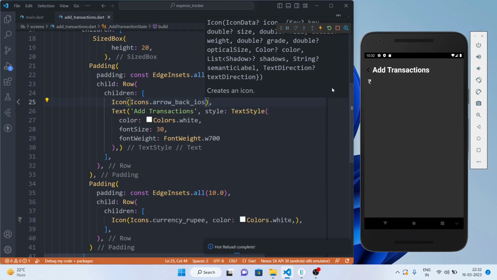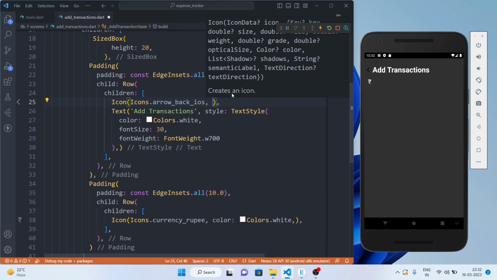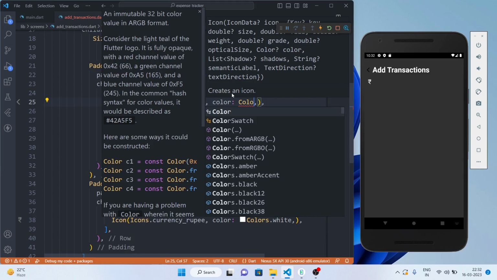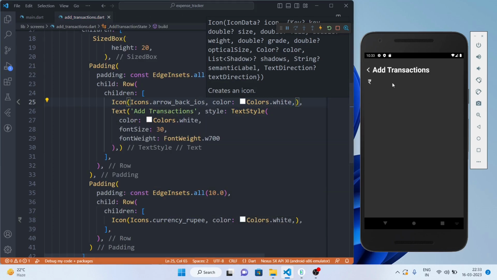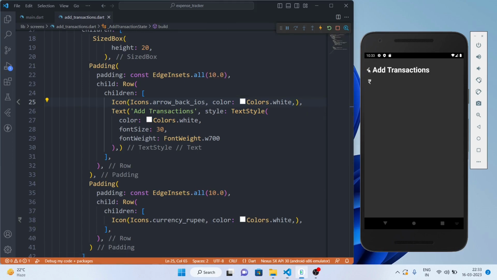Let me just save it. It seems to look good. Now let me also set a color of Colors.white. Awesome. Now it's just the icon, but I want it as a button. So what I will do, I will